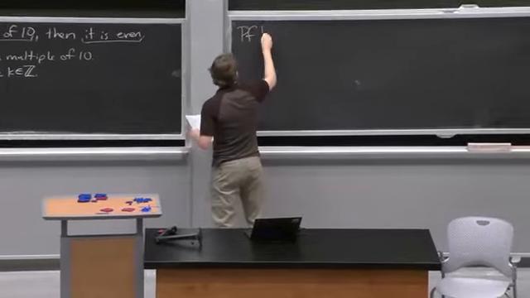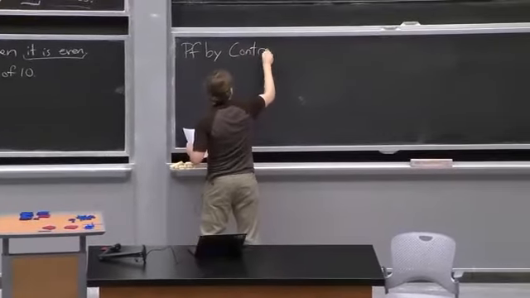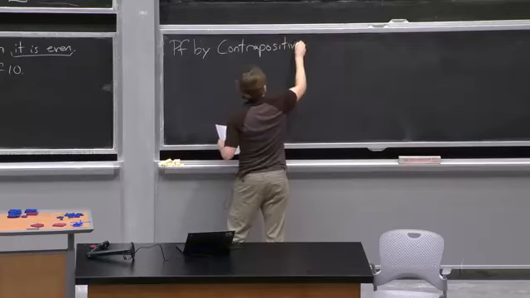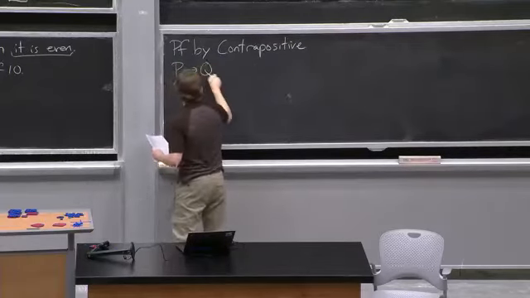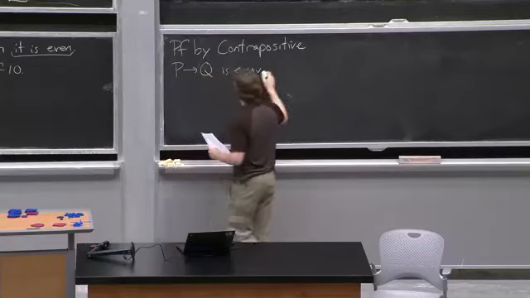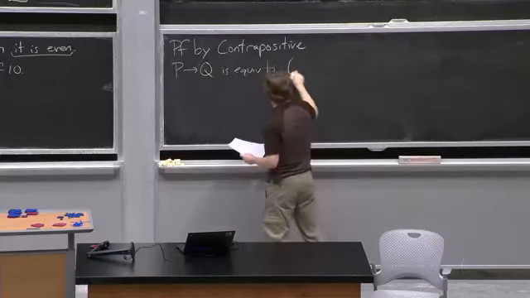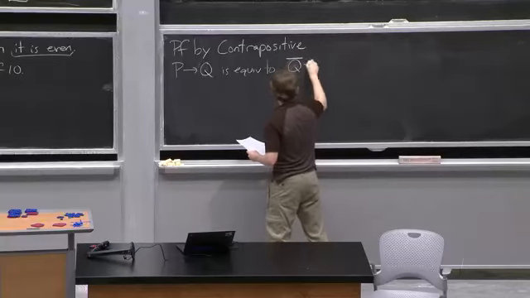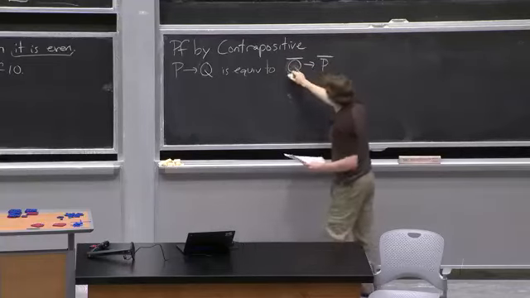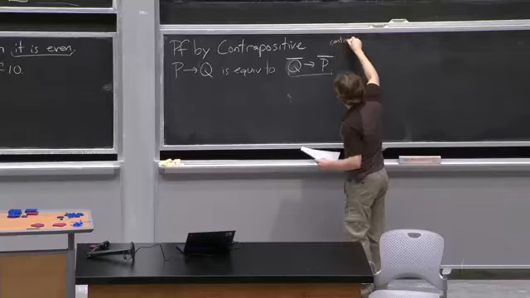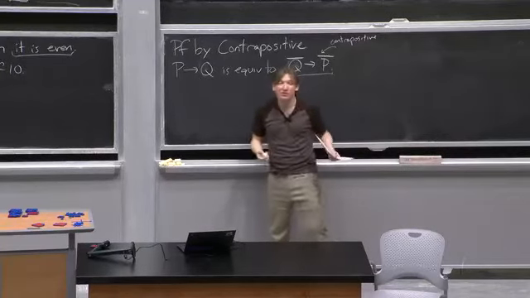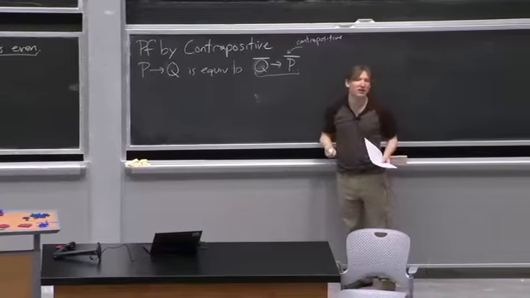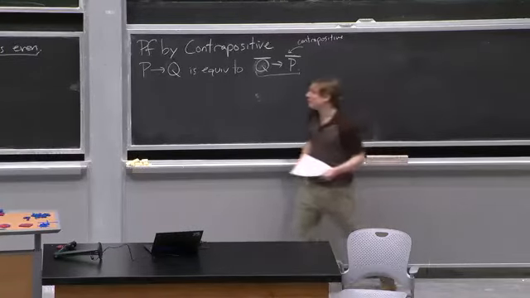This is called proof by contrapositive. Recall last lecture we said that P implies Q is equivalent to its contrapositive. Not Q implies not P. This right here is the contrapositive. And so if we're supposed to be proving P implies Q, sometimes it's more convenient to instead prove not Q implies not P. And so our proof outline